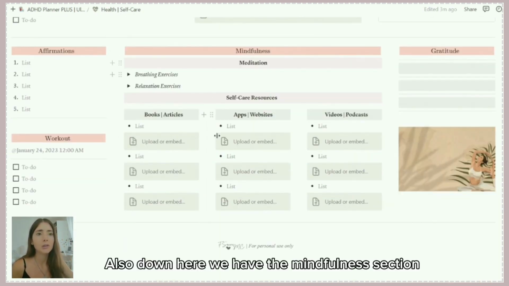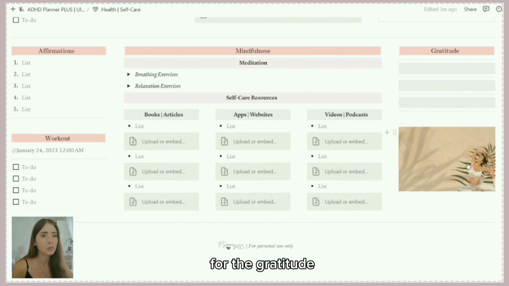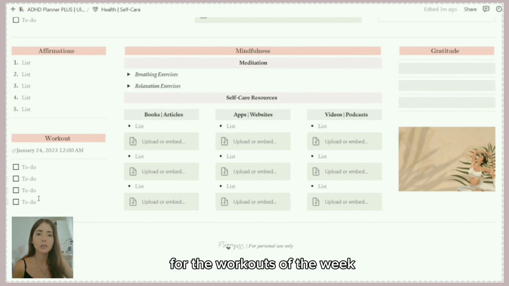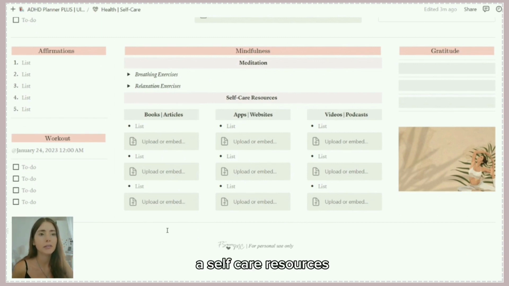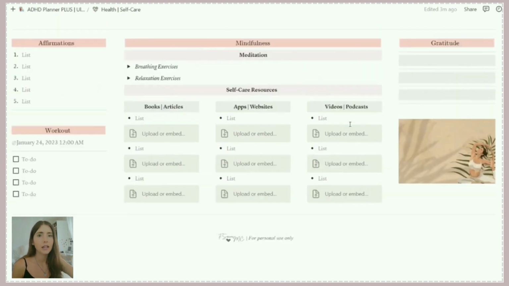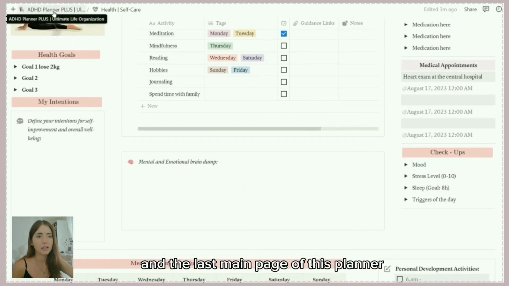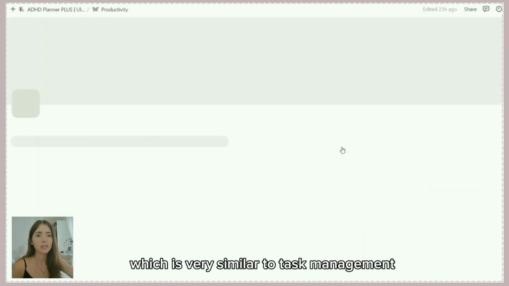Also down here we have the mindfulness section where you have a section for affirmations, for gratitude, for the workouts of the week, because the days we have on the daily planner also. And we have here self-care resources for you to add links or books or articles that are important for your self-care. And the last main page of this planner is the productivity page, which is very similar to task management,